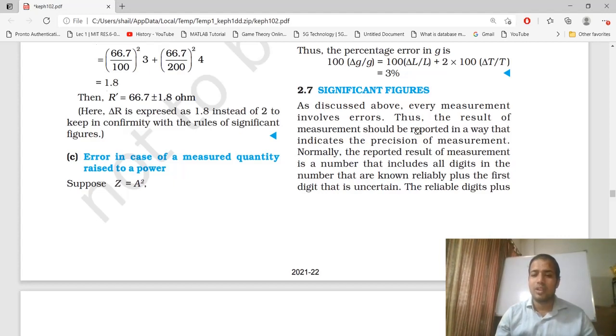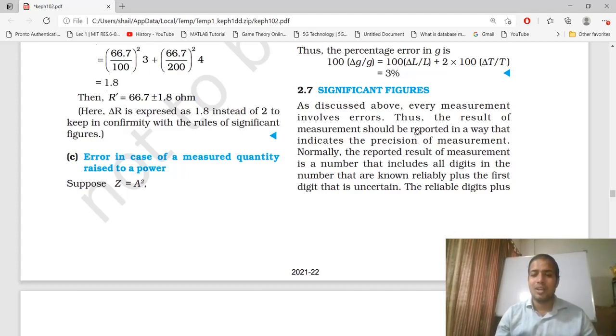was 2.6. So up to the first decimal place it was the unreliable digit, so we ignored the last digit. Now we will study significant figures using the same concept that is used in question 2.7. We will see more in depth here the rules that govern what the significant figures will be, and